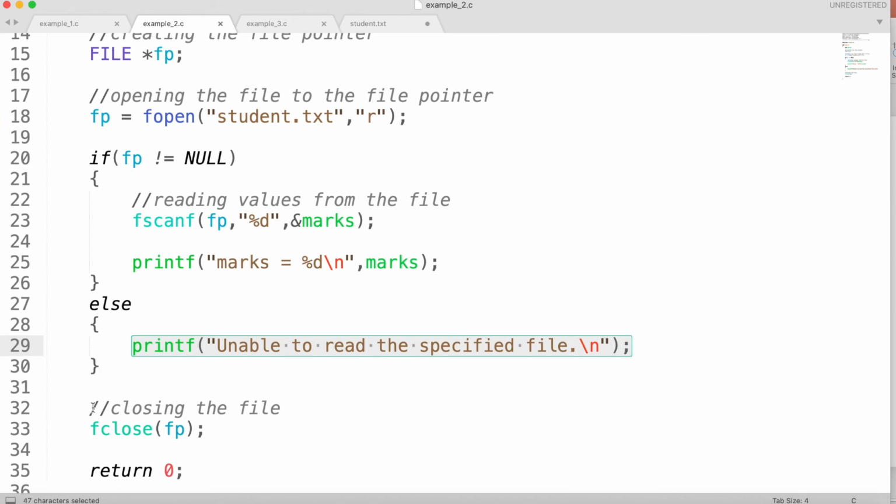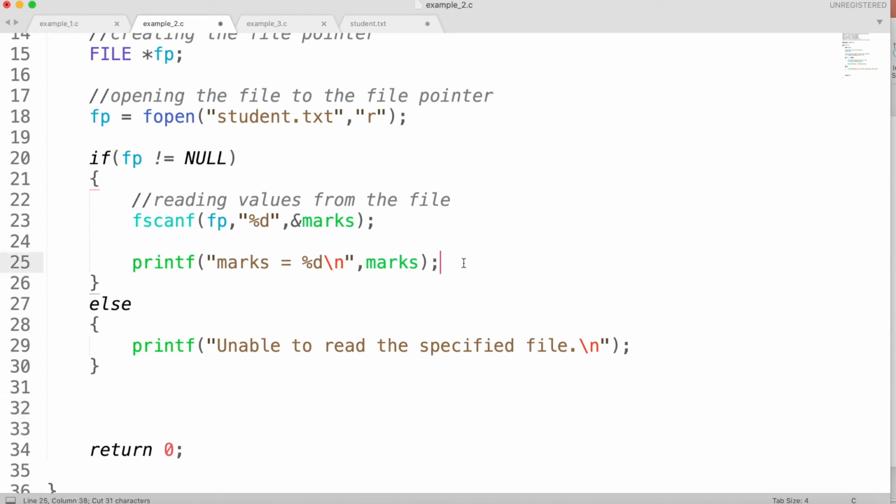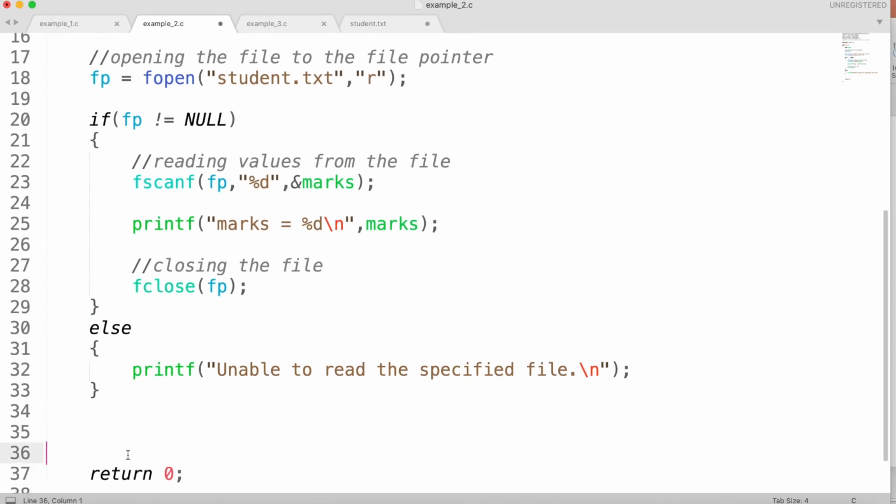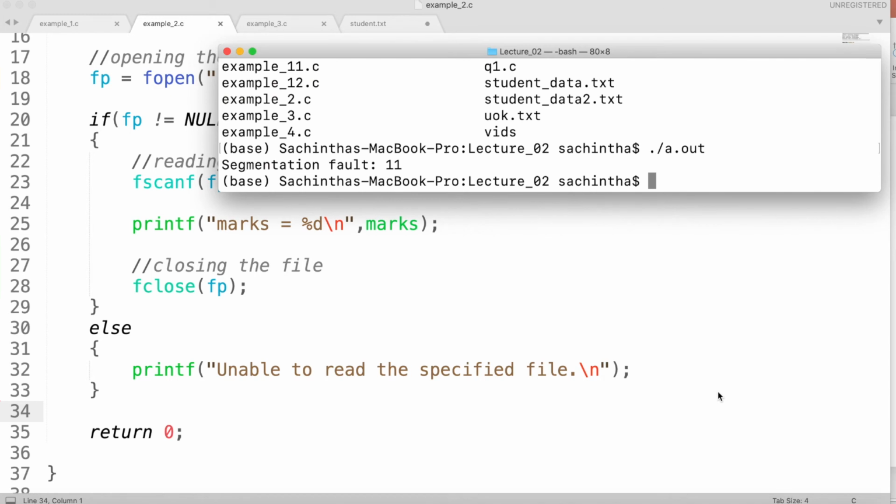Actually, if I want, I can put this inside the if clause, because I just want to close the file if the legal file is open. Otherwise I do not want to close it every time, right? So we can write our code more efficiently if we put the close command inside this if clause, right? So now let's execute this program and see the output.